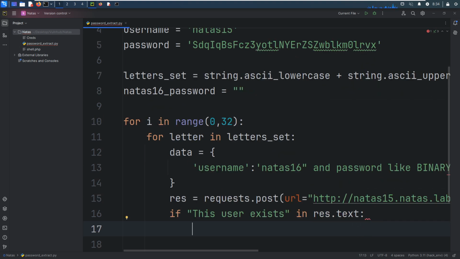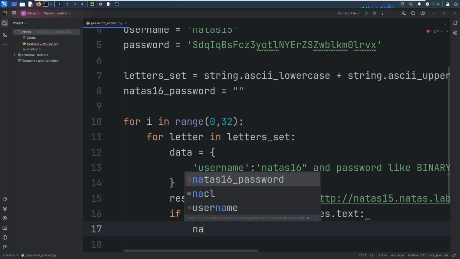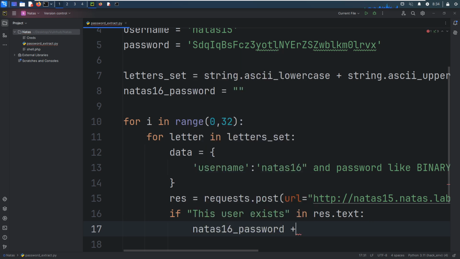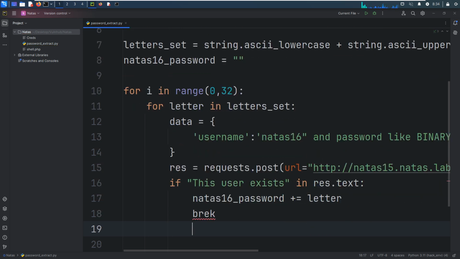And then we can concatenate the password with this letter, and we can break because we do not need to continue anymore. Then we go to the next position, the first position and the second position, and so on and so forth. And also we can print out the letter.